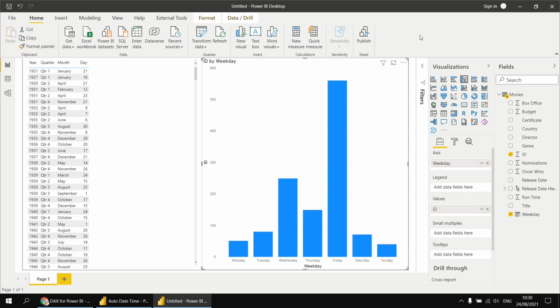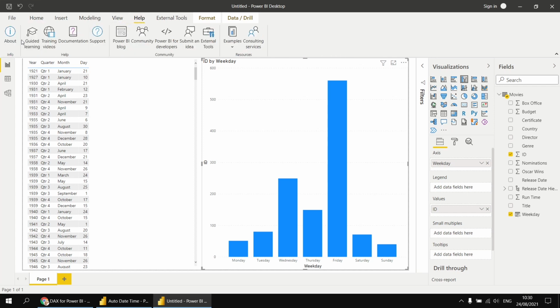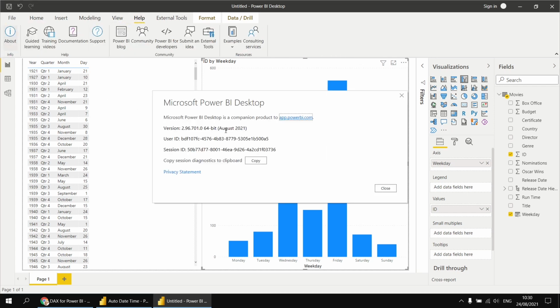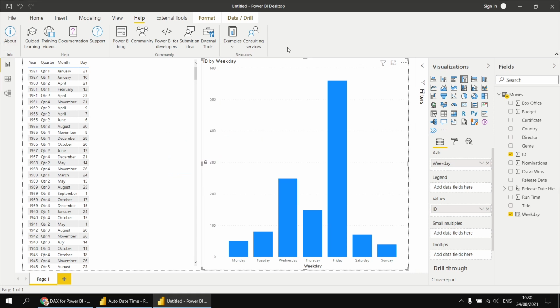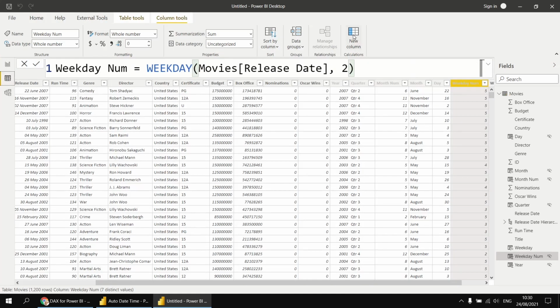The first way I'm going to do this relies on a feature that was introduced in the August 2021 edition of Power BI Desktop. If you're not sure which version of Power BI Desktop you're currently running, head to the Help tab in the ribbon and choose About, and then it shows you exactly which version you've got installed. So I'll show you the technique that will work for versions prior to August 2021 if you're not already running that version. But for the first example, let's head back to the data view and we'll create a new column,